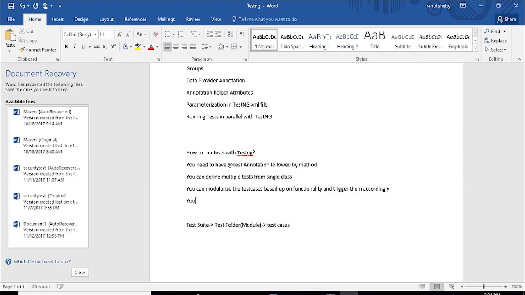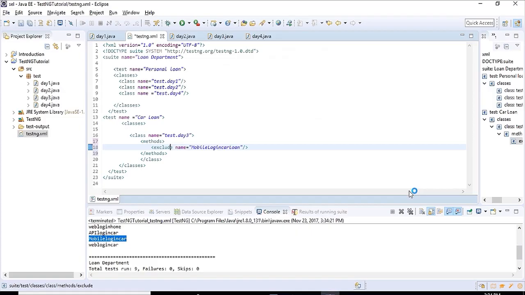You can also get control on running specific methods from a test case. So this all happens in real time. When people ask you to run a regression and you don't have time to run all thousands of test cases, you might get a specific requirement like run only that module or run only these particular test cases. In that case, you should quickly write an XML file as per client requirement and trigger